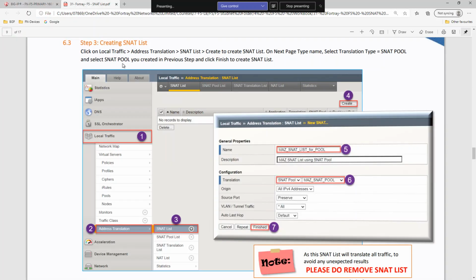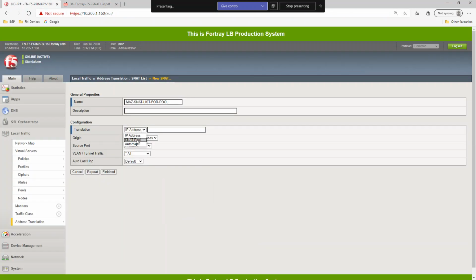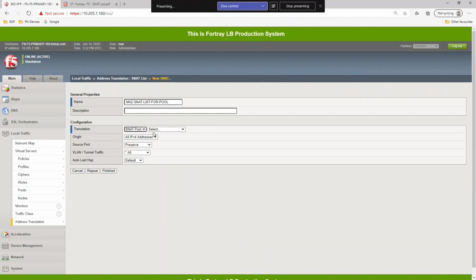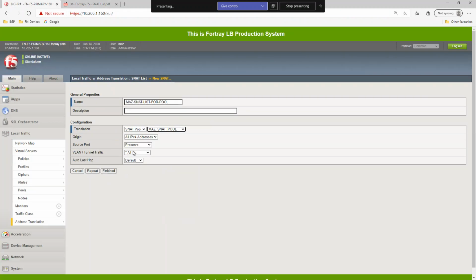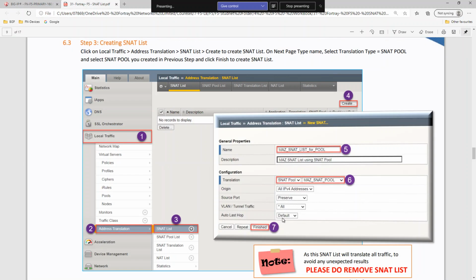Okay, and we are selecting here IP address or pool. If we use one IP address, then of course there is no need for a pool. This is the pool I have created. You will be creating your own pool, and then finish. Okay, everything is as it is.